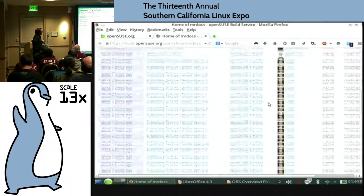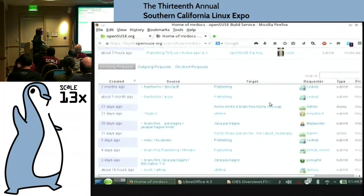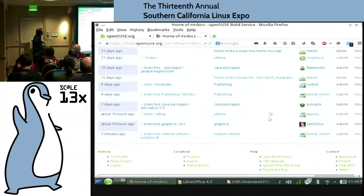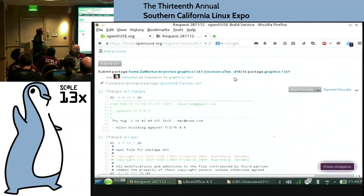So now we've got all these. This is my incoming requests. You can see these are all different kinds of requests, and these are for project requests. Like, okay, because I maintain graphics, somebody sent me a request, and I can go look at that if I can slide a little bit. And this is the maintenance tiering model. Certain people get packages,